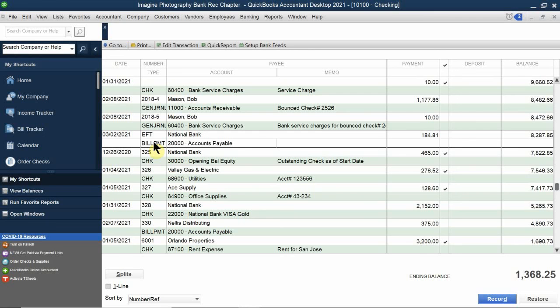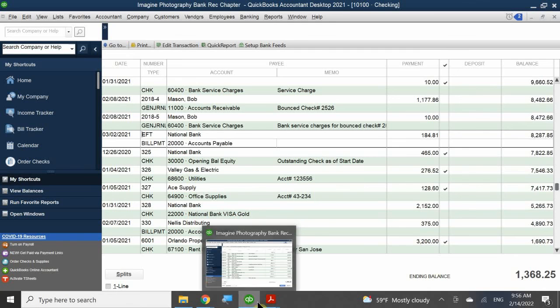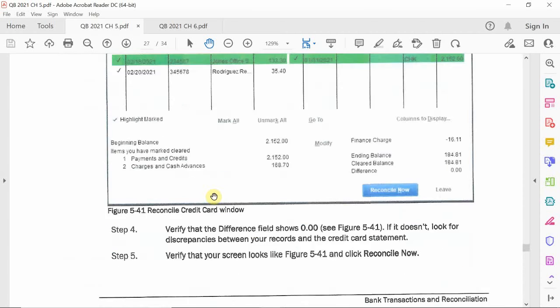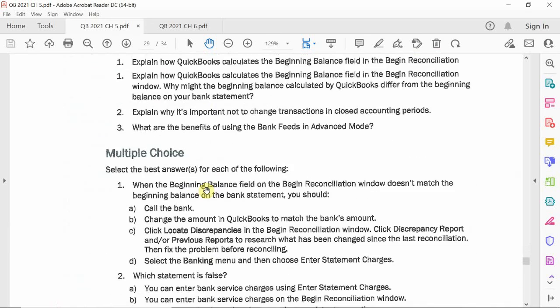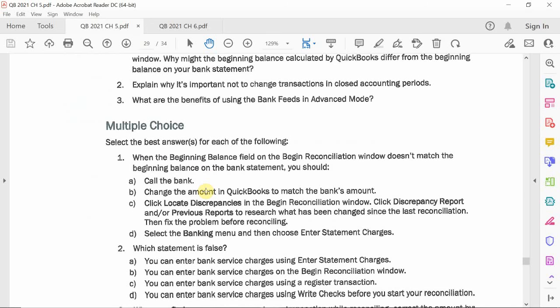Any questions in regards to credit card payments and so on? No. Okay. So again, that is it for chapter 5. Any other information on chapter 5 is just going to talk about what reports you can do for bank reconciliations. So if there are no questions in regards to that, let's go ahead and go over the